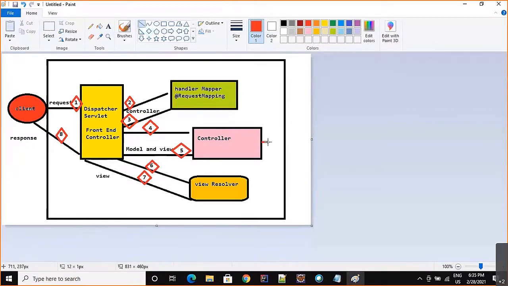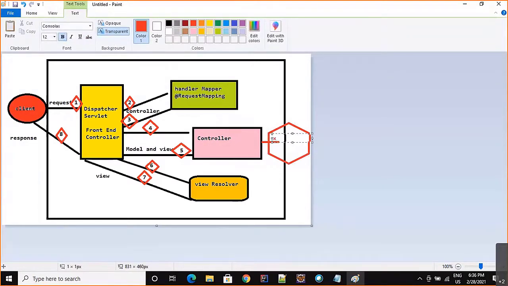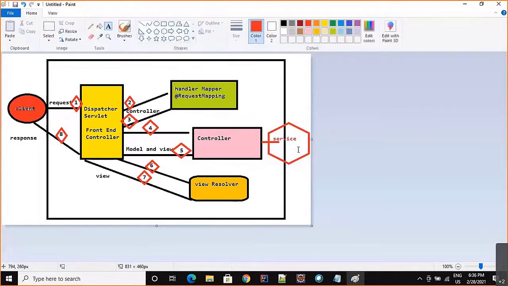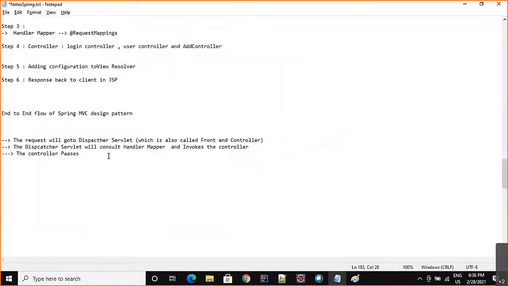So there is another component called service that we should also see. But as far as MVC is concerned, we generally don't use a service to explain the concept. Every logic would go to a particular service. You remember yesterday we talked about this. Yes. Okay. So the controller passes the